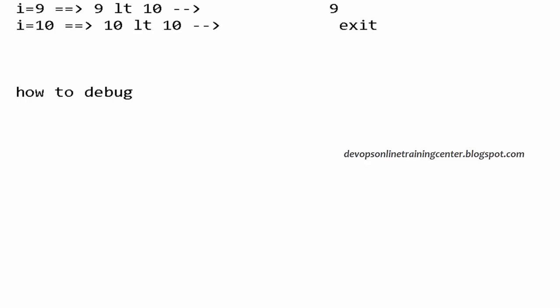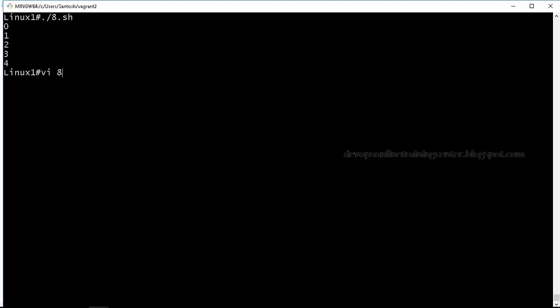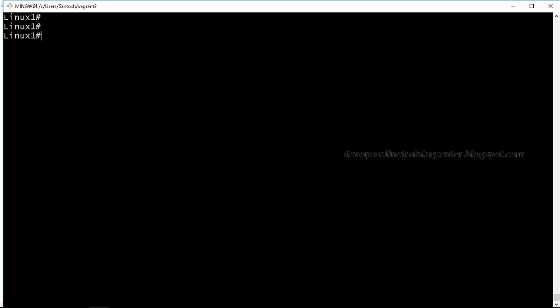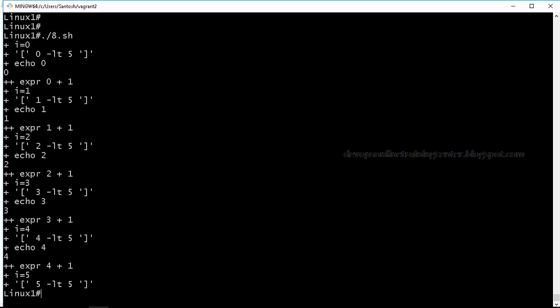Right? So there is something called set -x. We can add it to a shell script and it will debug the shell script. Let us say I want to understand what is happening inside, and if I just say set -x and execute the shell script, i++ won't work, that is C syntax, right? If you see, i equal to 0 is assigned, 0 less than 5, 0 is printed.